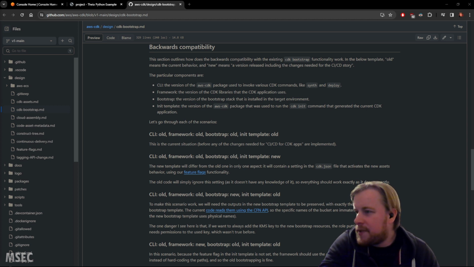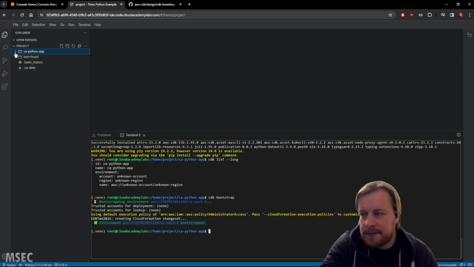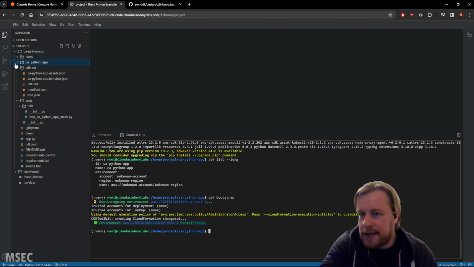So now we're going to produce a CloudFormation template and deploy it into AWS using the CDK Toolkit synthesize and deploy command. So we'll go back to the project. Within the project, let's minimize everything. So we want the app,